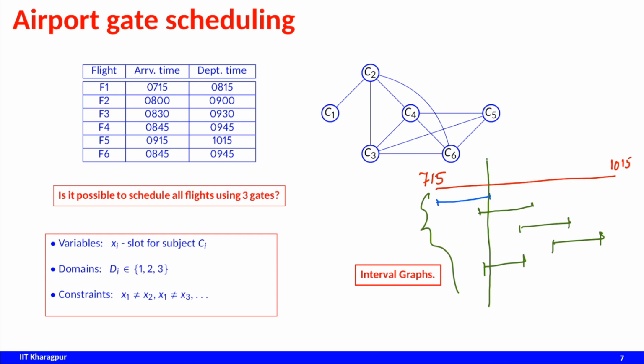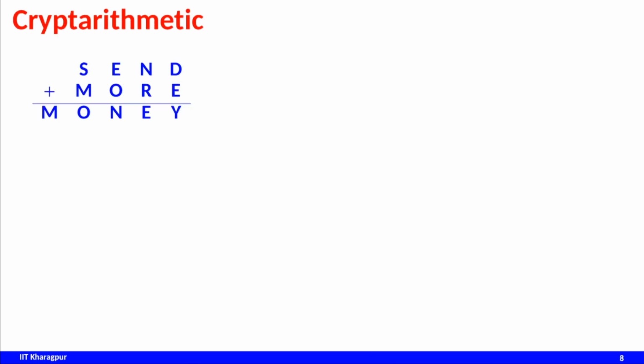So that is the minimum number of gates that will definitely be required, and there is a nice greedy algorithm which will find the optimal solution, which is based on the idea of the interval graph. Now let us look into another problem,